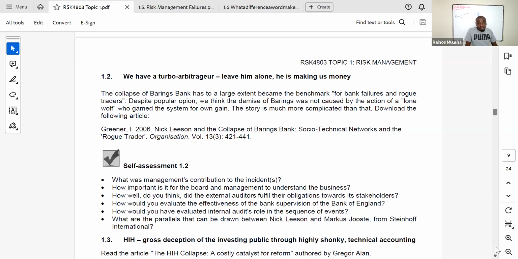But in the pursuit of profits, the board ended up foregoing those risk management procedures, and there were a lot of risk management failures in the pursuit of what? Of profits, which basically means that this is where you find that an individual by the name of Nicholas took advantage of the loopholes that were within the particular system. So please go to that particular case study, but please don't spend too much time. Know how it applies from a risk management perspective, but don't go into too much detail